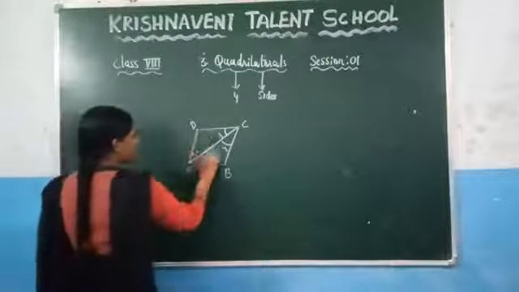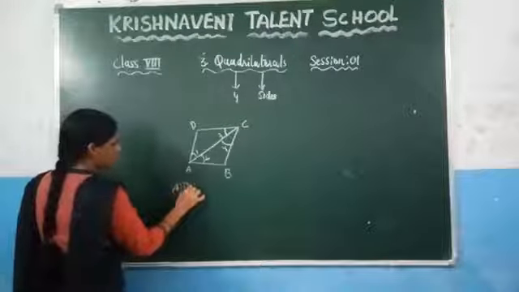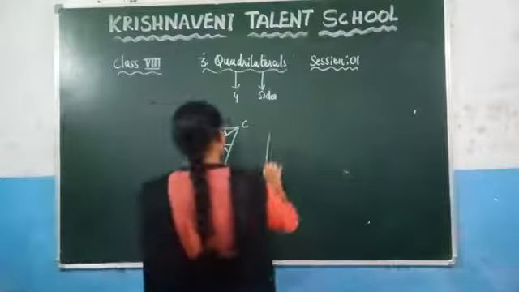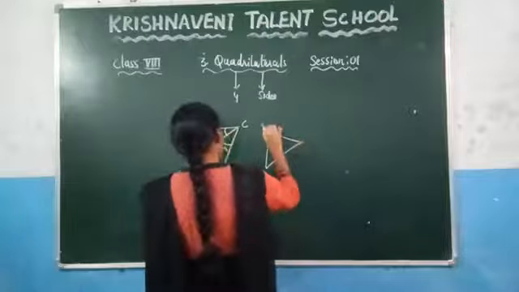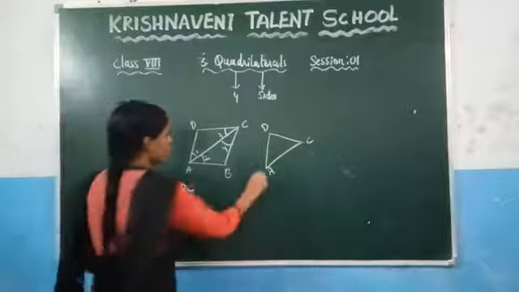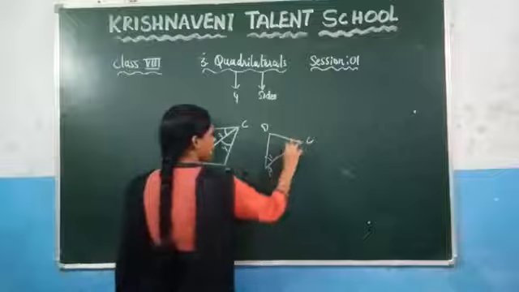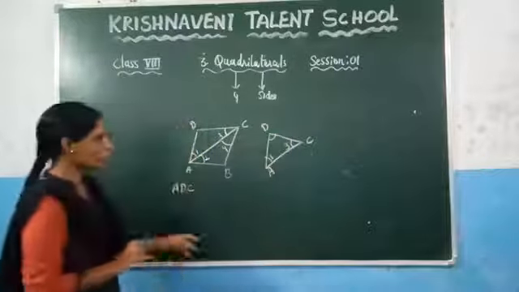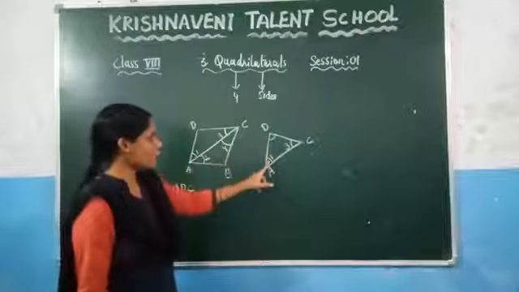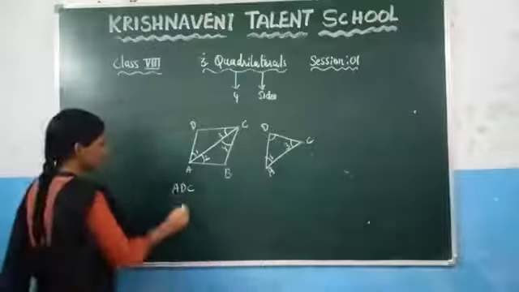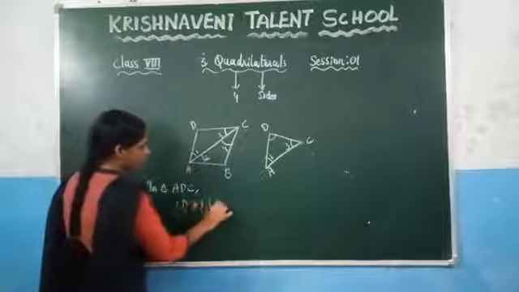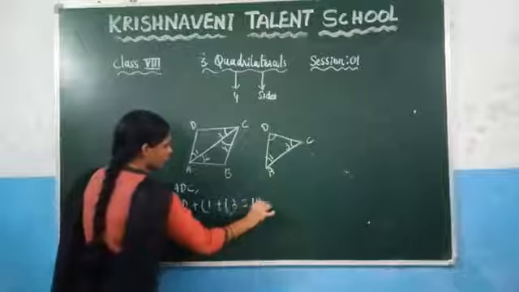Now here consider this triangle, the above triangle. You know that the sum of the angles of a triangle is 180. Which triangle do we choose here? We choose this triangle, the above triangle, which is B, C and D. So here, the angles are angle 1, angle 3, and angle D. So you can write it here, angle D plus angle 1 plus angle 3 is equal to 180.